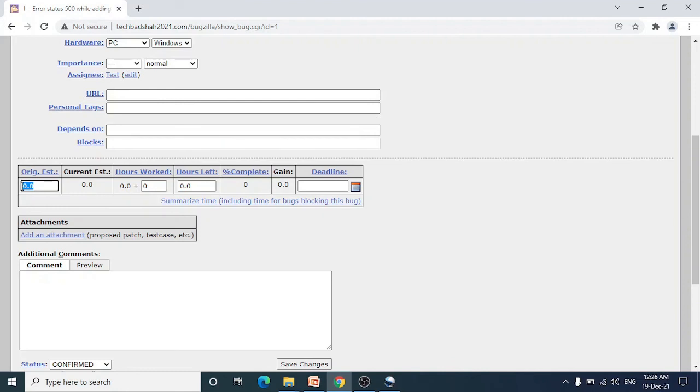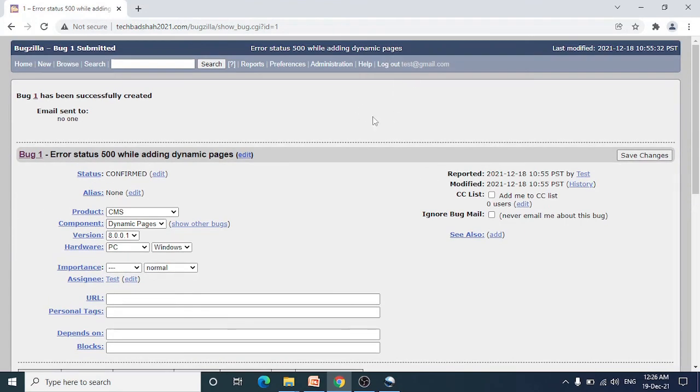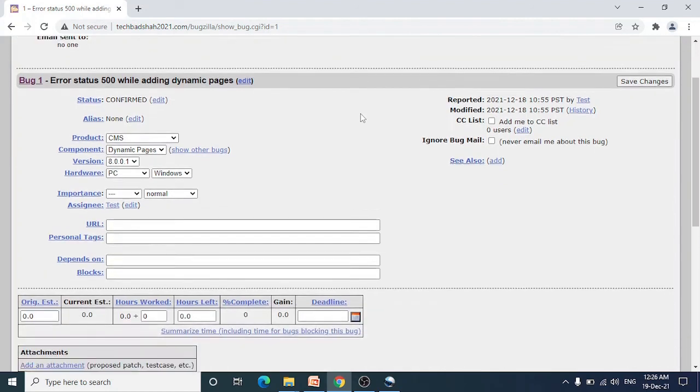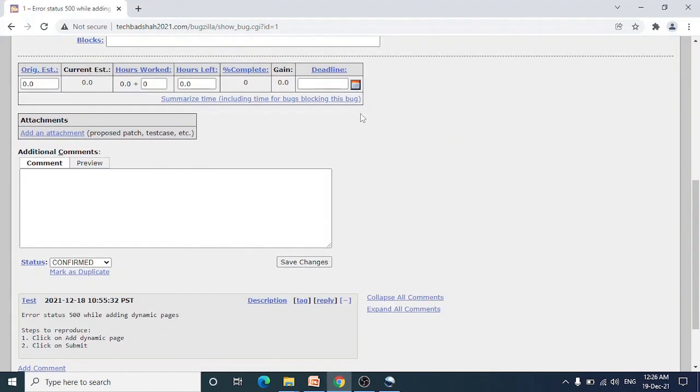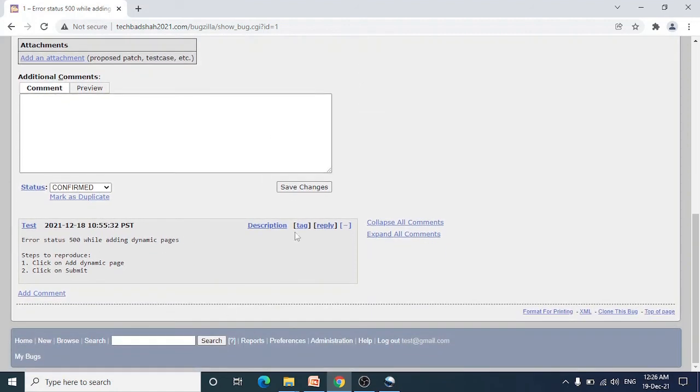You can see, again, this is based on the role of the person who is filing the bug. As of now, I'm using my admin ID. I would have reported this bug using the reporter. So we will file another bug, and we will also explore user management, how a particular user logs in, and what are the different fields that user is able to see. So this is what the bug filing looks like.